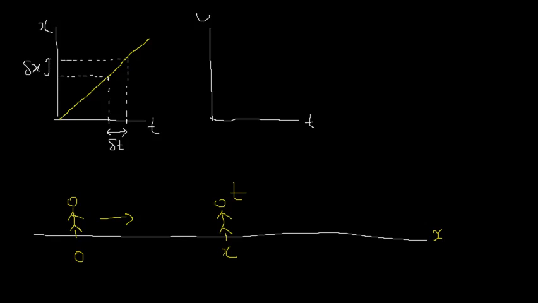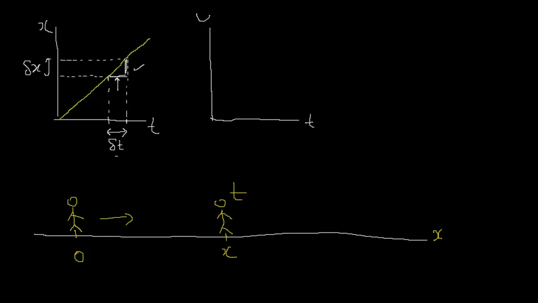So that's one way to think about it. The other way to think about it, which I've seen earlier, is that we can think of the gradient of this part of the graph. Let's say I draw a horizontal line here and here. That gives us a right-angled triangle, and the vertical part here is just the delta x, and the horizontal part there is just the delta t. So we can think in terms of finding the gradient, and the gradient gives the velocity. So in any case, from the displacement, I can find out